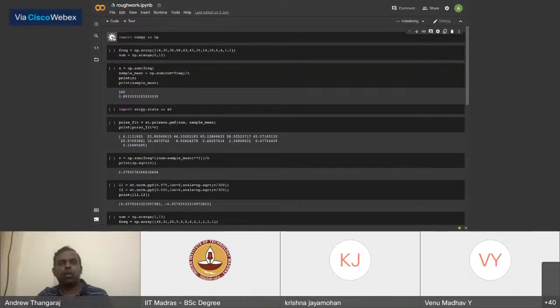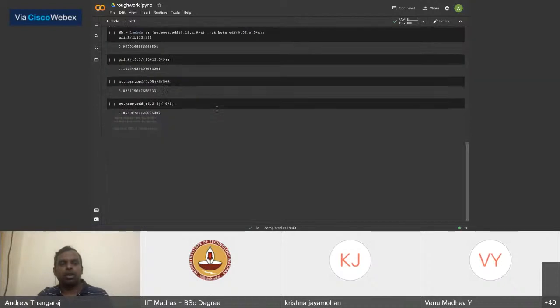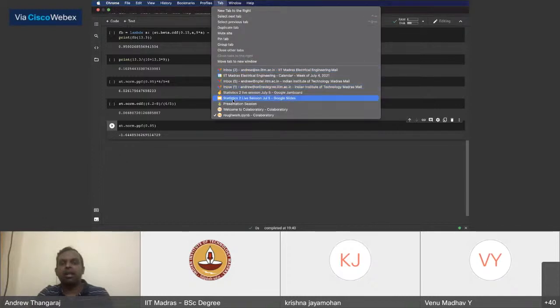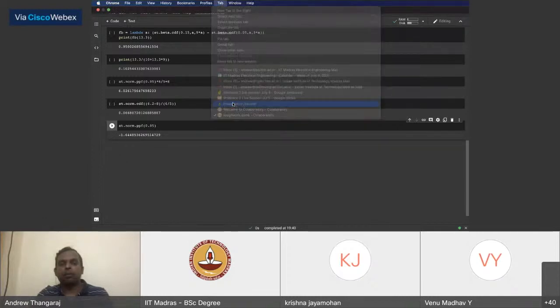So this is something that I do quite often when I have to compute it, since sometimes I use Python on the terminal itself, but since this is a notebook, it's probably easy for you to see. So you can come down here and do a quick calculation. If you do norm.ppf, this will tell you the value of the inverse of the CDF. This gives you minus 1.645. So that's the inverse CDF of 0.05, right? This is the sort of calculation you should do. You should keep it handy so that whenever you want, you can go back to that.